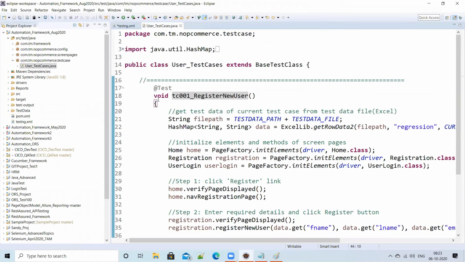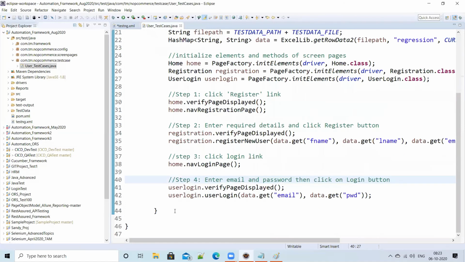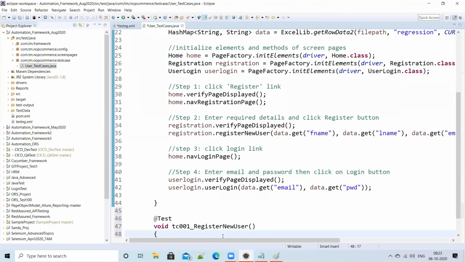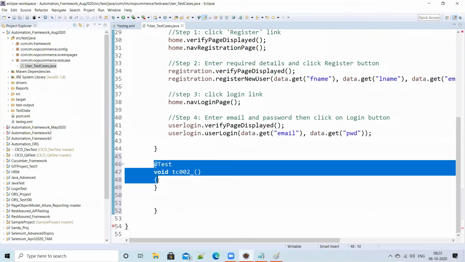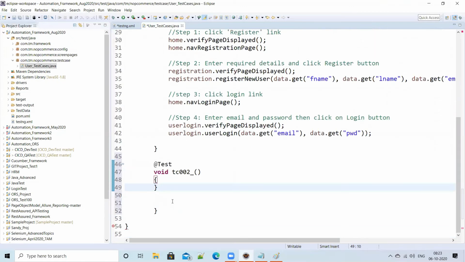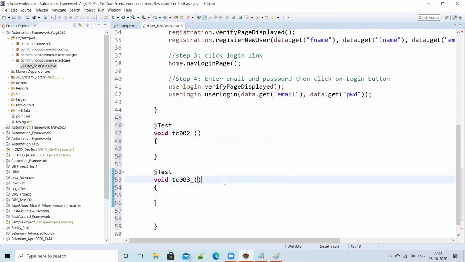For example, let me do that also. Let's say this is another test case, whatever the test case name, for now just ignore it. This is the second test case. I have one more test case, so this is test case 3. This is how you have the test cases.